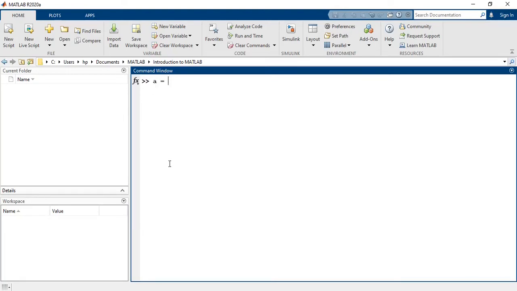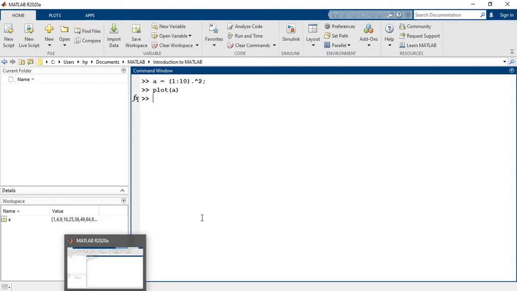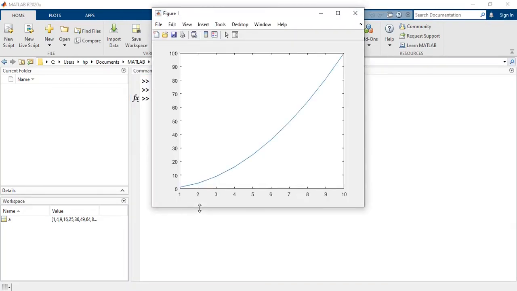Let's say A = 1:10, taking power of 2. Quite nice.